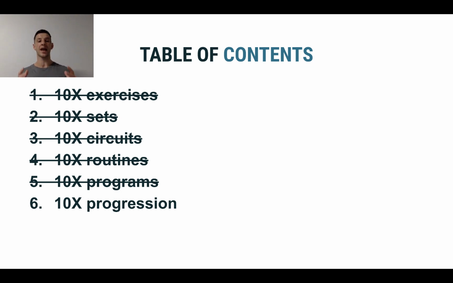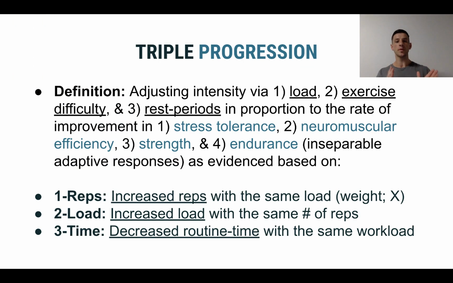And now we will look at 10x progression, which is how we would go about adjusting the intensity of the exercises so that you can make continuous progress regardless of the exercises you've selected for your routines and regardless of the type of program that you're on. So let's get started. So the triple progression, remember, we can change the intensity one of 3 ways. So either we're going to